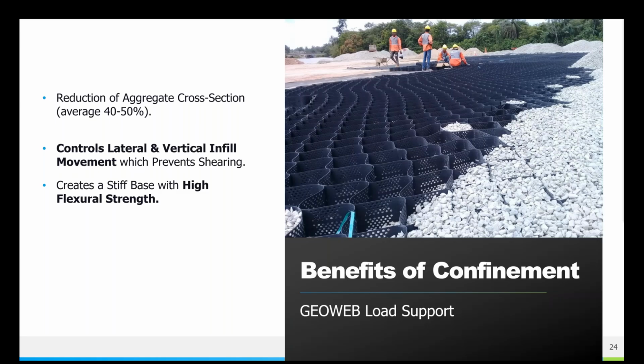All right, a couple benefits of using the GeoWeb system in those sort of unpaved roadway scenarios include reducing your cross section by a significant amount. Like I said, up to 50% is pretty common, which is a pretty huge reduction in that cross section thickness, while still supporting the same vehicle loads. And the GeoWeb panels help prevent rutting and uneven settlement of the aggregate by controlling and stabilizing the movement of that aggregate when it's being driven on. So that aggregate is held in place by the individual cells of the GeoWeb panel, so they're not getting pushed down or to the side under tire loads.